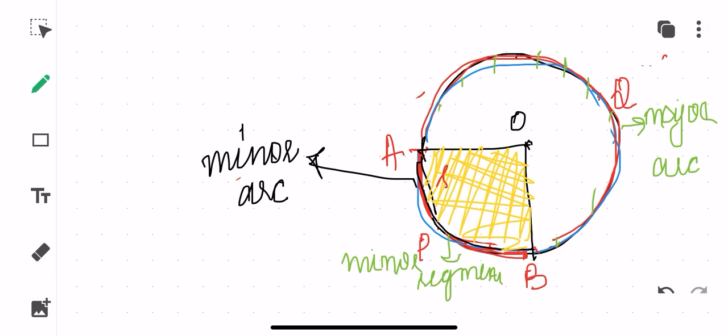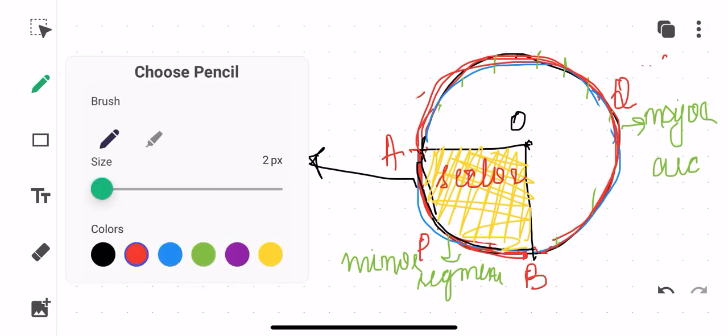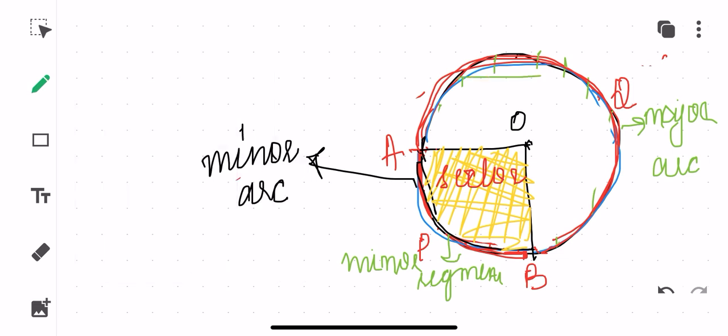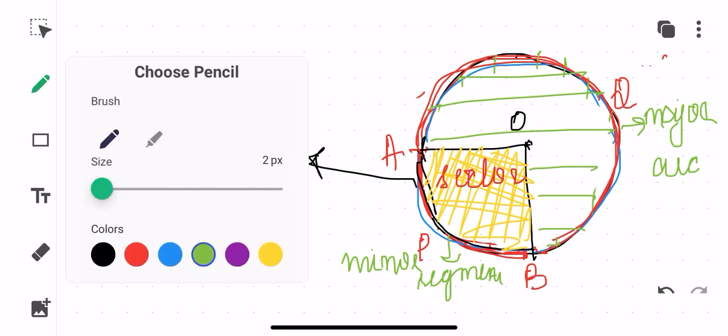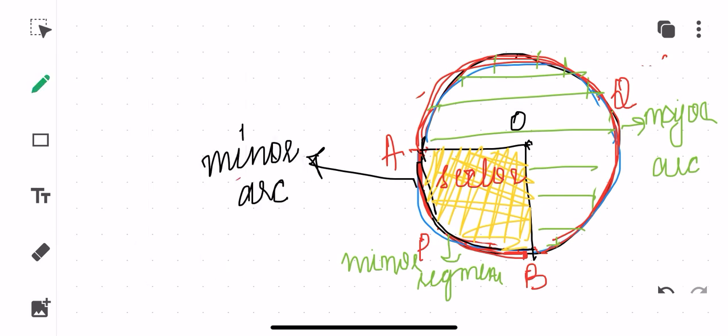Okay, so what is the definition of sector? The sector is a region that is bounded by an arc and two radii. Okay, so this is called a sector. So similarly here also I am having a minor sector, because if you see, even this is my arc and this is also bounded by two radii. Then you can ask, ma'am, that even this happens to be an arc. Yes, this is also an arc, but then you know already what will be the name of this arc. This particular, not arc children, this is also a sector. So this is called major sector.